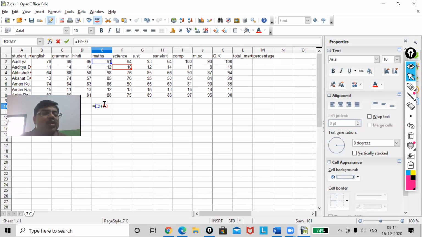What am I going to use? I'm going to use $E$2 plus $F$3. Now watch it. I got 101. When I copy this formula and paste it anywhere, my value will be 101 because row and column